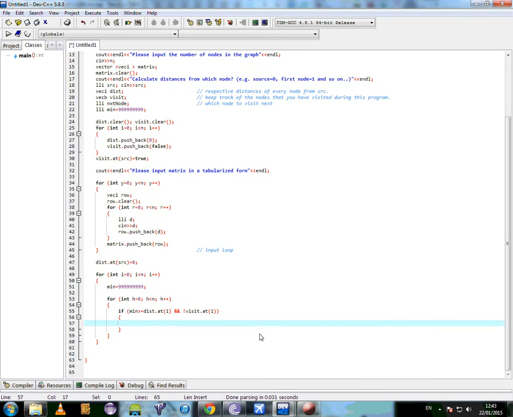If this, then I want minimum to be set to distance dot at I,